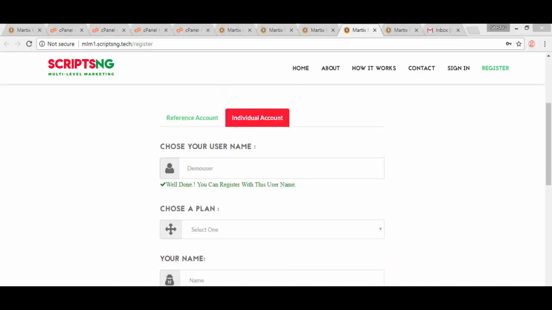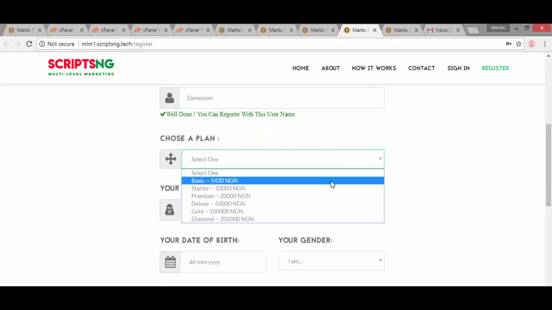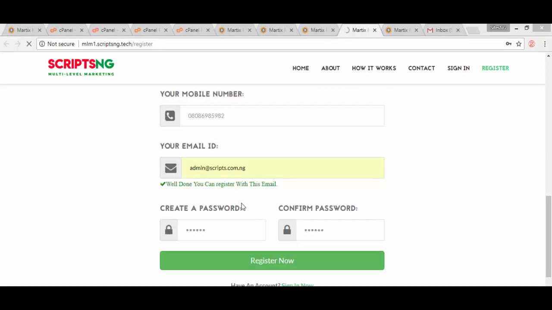So I'm trying to create a user account now. I have demo user here. Then plan. As you can see, the basic plan will change to 5,420 as reflected here too. So the script is very, very responsive. Then after you fill the form, you click on register now.